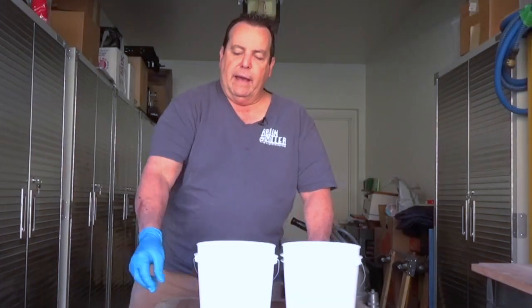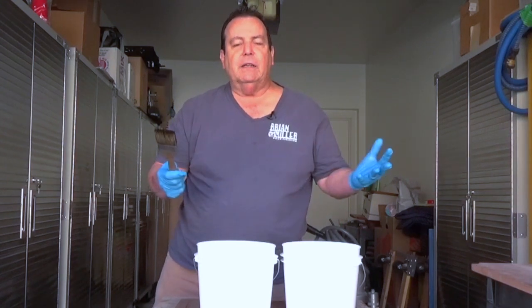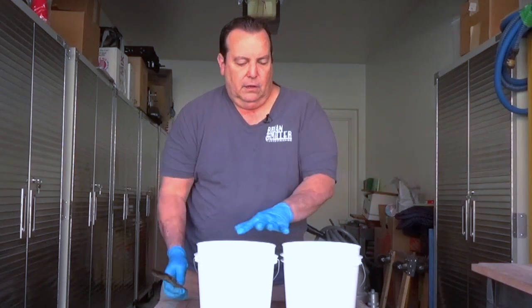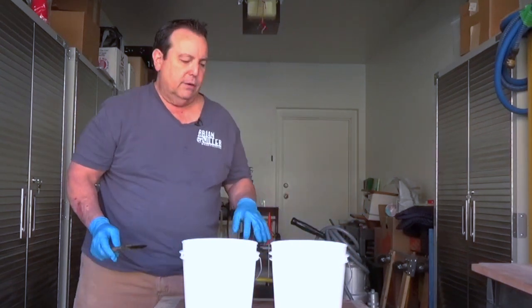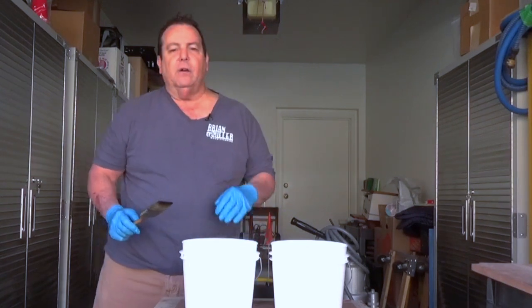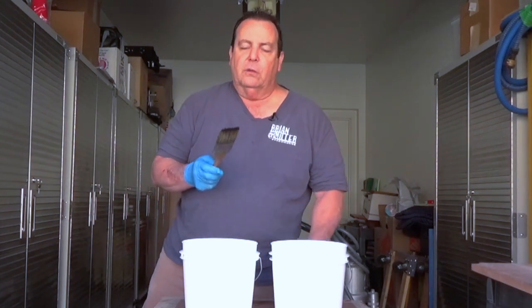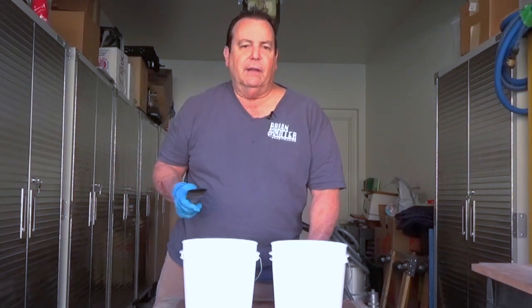So now we have our bristle brush that was pure natural bristles, and we need to clean this brush. So how do you do that? These first two buckets I have here are both acetone, and this is going to be a 3-bucket rinse. We're going to go acetone, acetone, and the last one I have down here I'll put up at the end is paint thinner. The reason I use acetone is because it will break down that varnish rather quickly,